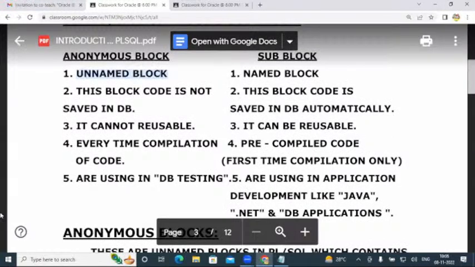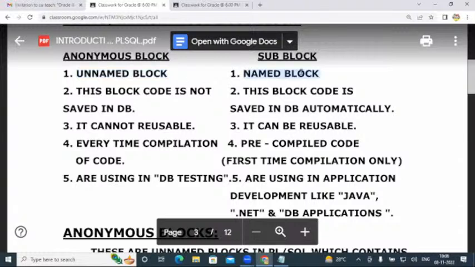That means when I write programs in these blocks, they do not have any names. I can't give any name to these programs. I just open my anonymous block and directly write my program. I am unable to give the program a name. So that's why it is called